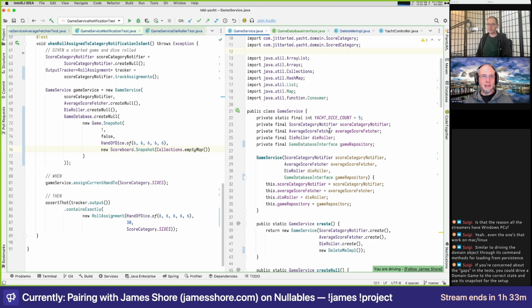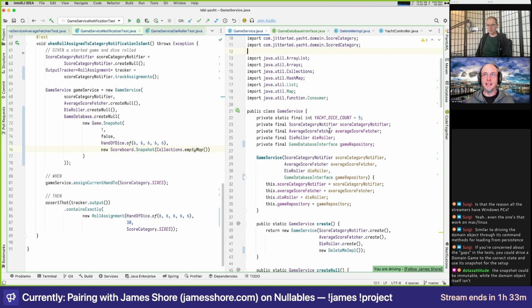Yeah, what's interesting, and that's right, it feels very much related to the persistence problem: you don't want to drive the object through its public API to restore its state from persistence. I think it's the same thing. Once you have the snapshot, it's really useful, not just for persistence, but we're literally using that here to get it into a valid starting state. And so even though it's not necessarily mutable, just the snapshot idea, and the snapshot is itself an immutable object, but it's not really about immutability. It's that idea of saying,